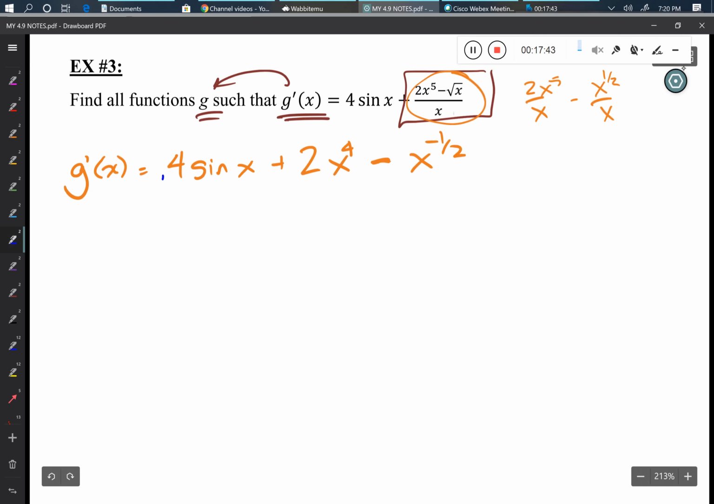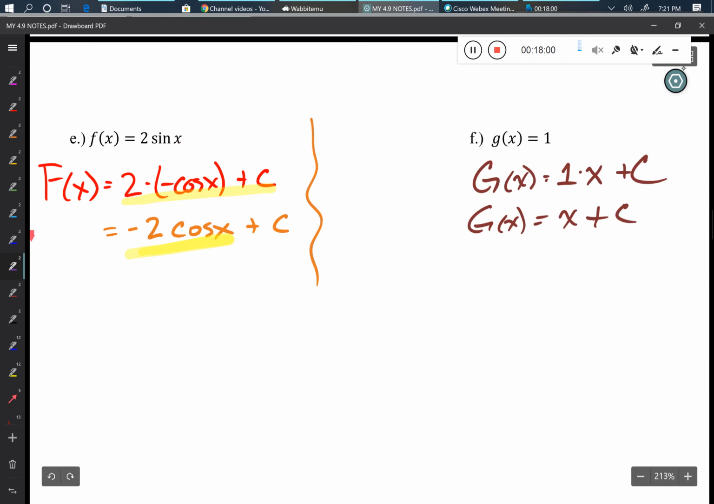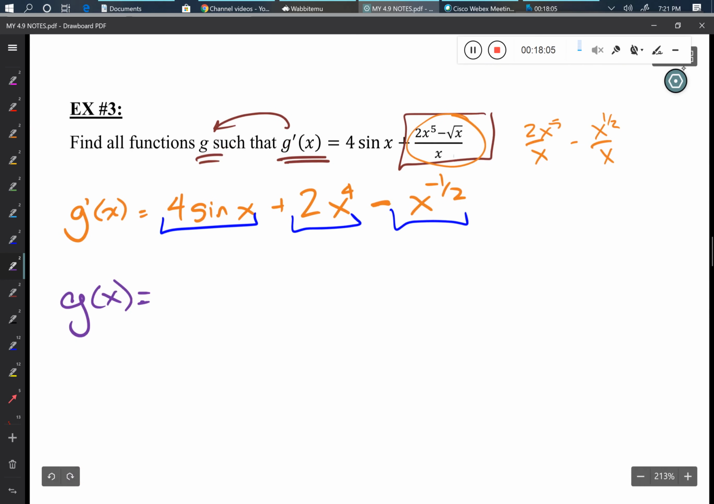Now I have an expression that contains three terms, and my job is to find the antiderivative of each of those three terms. So first term, the antiderivative of 4 sine x, I've done that one already. It wasn't a 4 before, it was a 2 before, but I know what's going to happen. It's going to give me a negative 4 cosine x. Right? 2x to the 4th, that's going to be the 2 times x to the 5th,